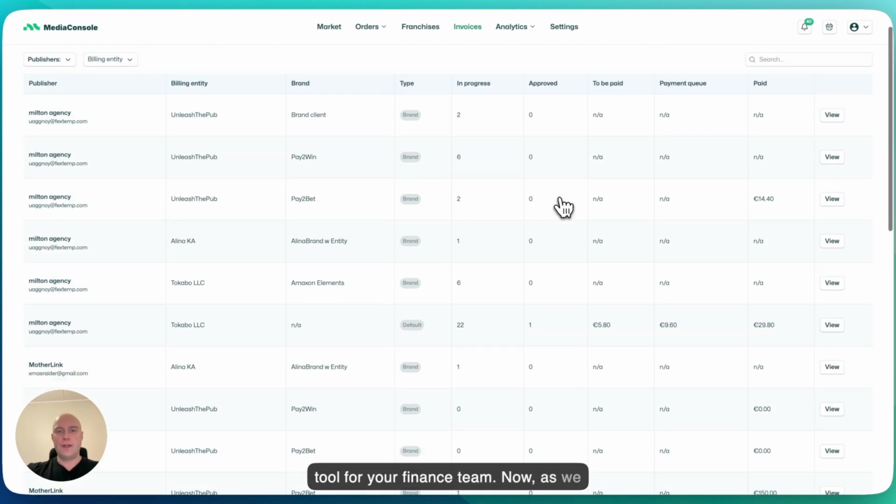Now, as we know, when you're working with different service providers, or as we call them, publishers, you're often receiving invoices in different currencies and at completely random times, and then you need to check whether the invoice is correct and they're invoicing you for live links or for the job they've done. You need to cross-check that, and if you have multiple providers, you're building hundreds of links monthly,